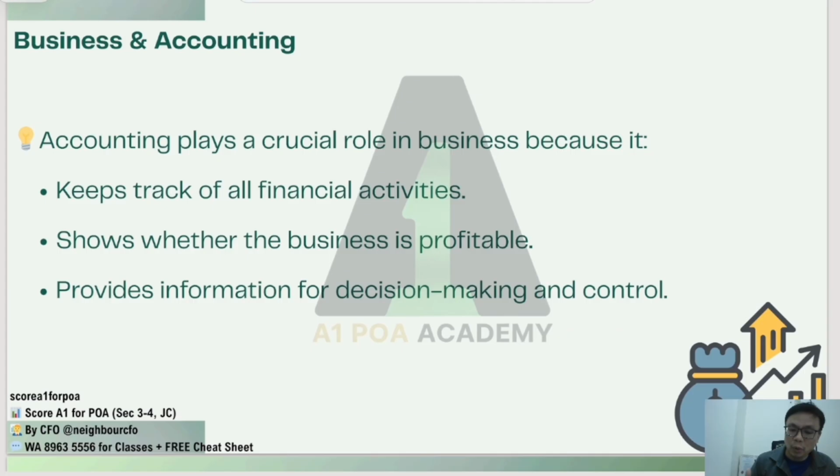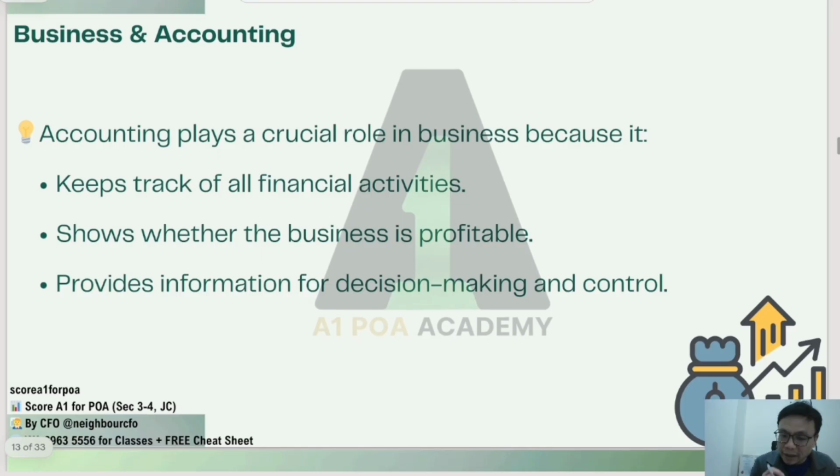At this juncture, we know what the specific definition of business is. We know what the business types are. We know what the business activities are. We even zoom in and understand the business organization. Typically, we have sole proprietorship, partnership, and company. With that in mind, now it is time for us to understand specifically what the purpose of accounting is after all. And this is where we come to LO2.